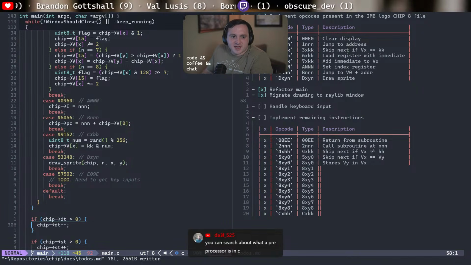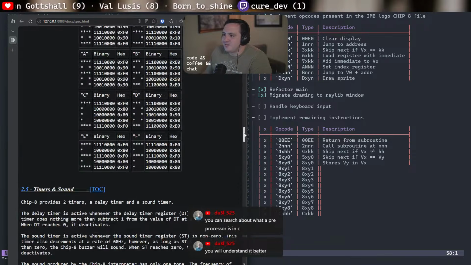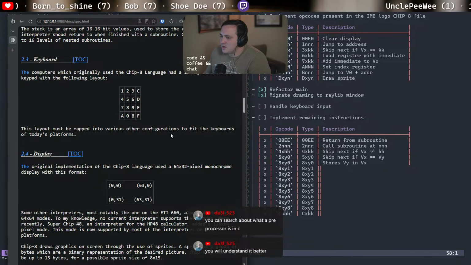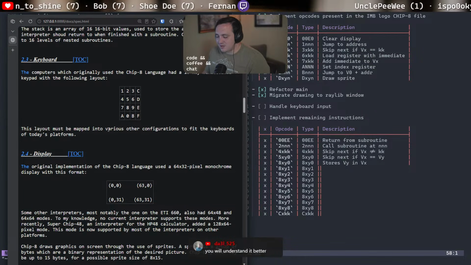Okay, what does the spec say about keypad input? I know it gives us a layout. The computers, which originally used the CHIP-8 language, had a 16-key hexadecimal keypad with the following layout. This layout must be mapped into various other configurations to fit the keyboards on today's platform. So I think what I'll end up doing is